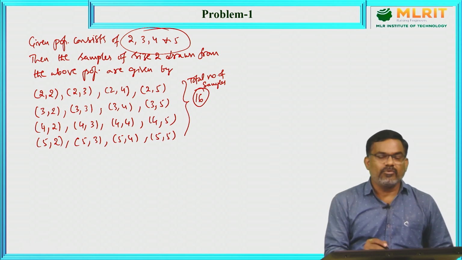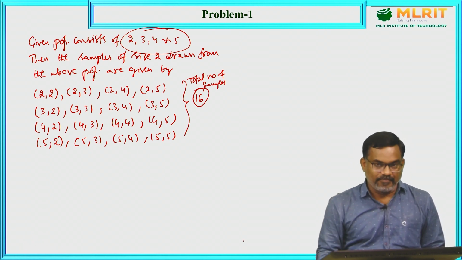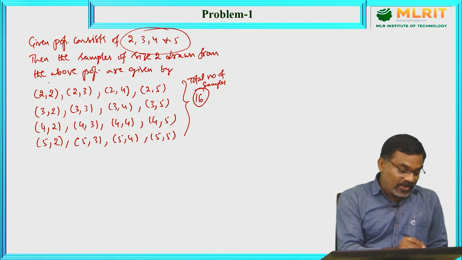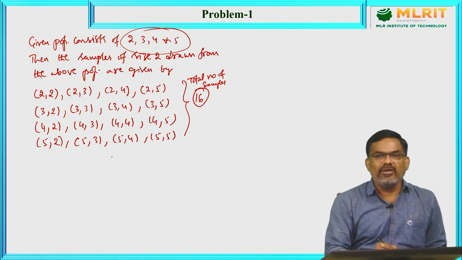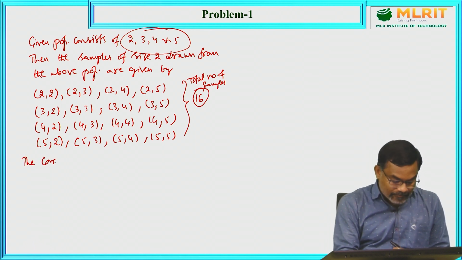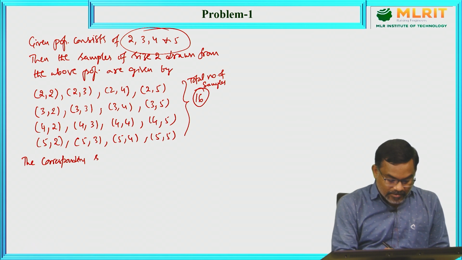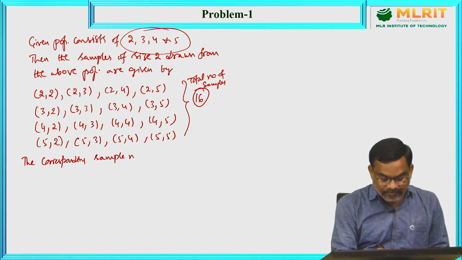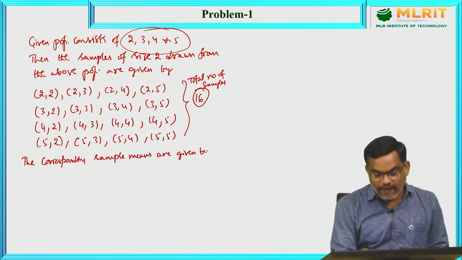Now, we need to find the sampling distribution of means. That means we need to find the sample mean of all these 16 samples. So, the corresponding sample means are given by,